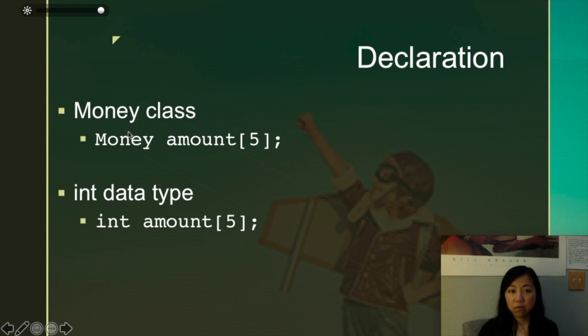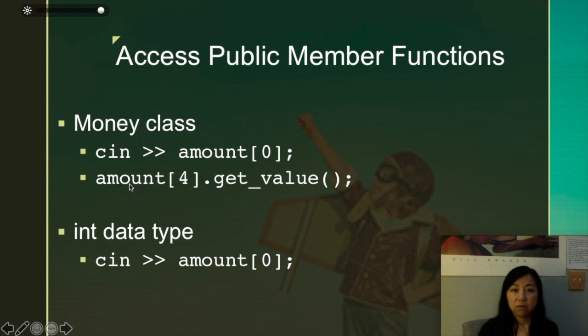Just to reiterate, you create an array of money just like creating an array of integers. And to access the function, you use the dot, and to input something, if you overloaded this operator, you can actually use the same notation. That's why we overload